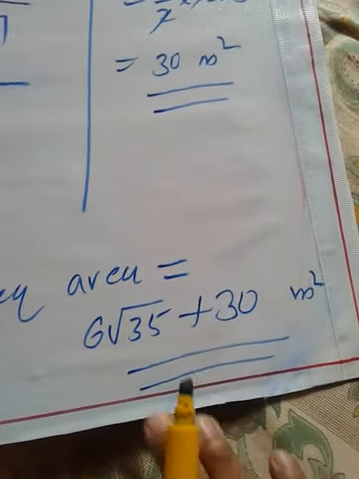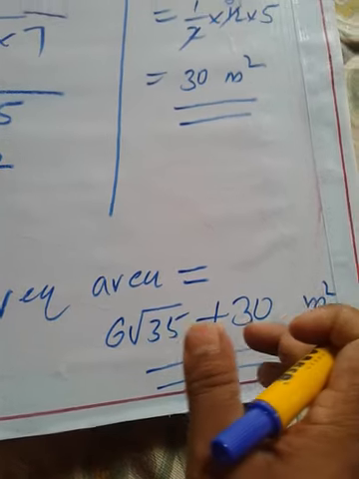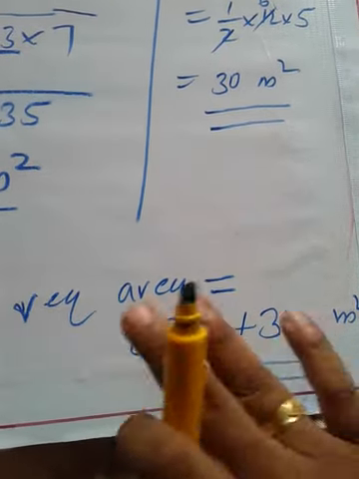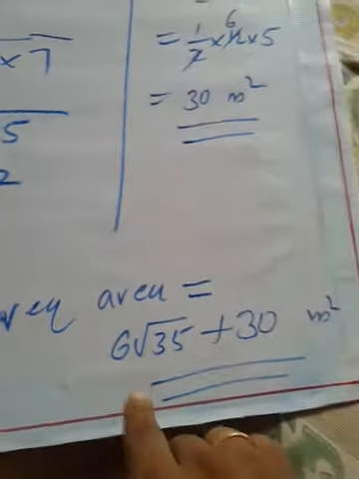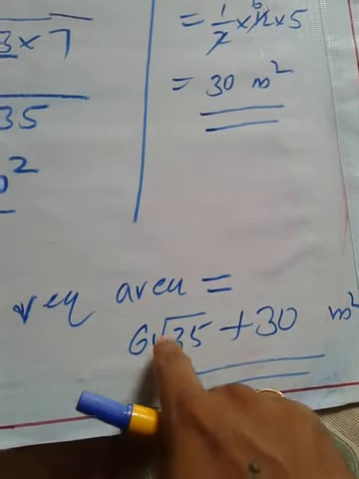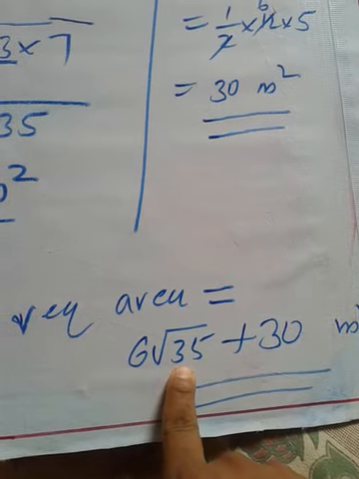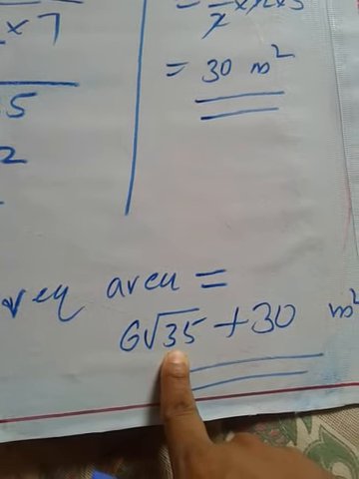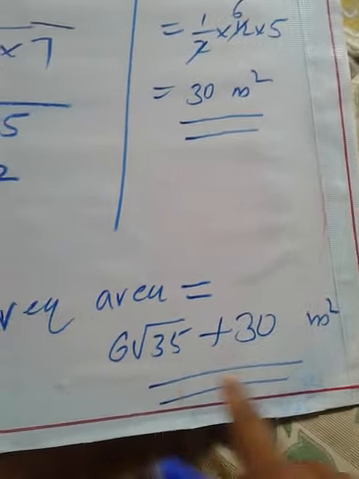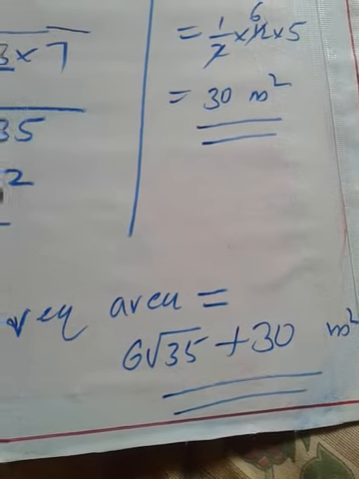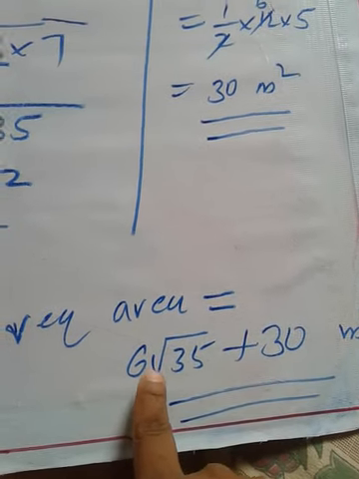Maybe when we compare this answer with the back side of your textbook, you may feel that this answer is wrong. No, this answer is not wrong, because in the textbook they calculated the value of square root of 35. No need to calculate that, because in order to calculate square root of 35 we must use a calculator, but we are not going to use a calculator. This much only we will write. We will get the complete mark also, and this is going to be your answer. Okay.